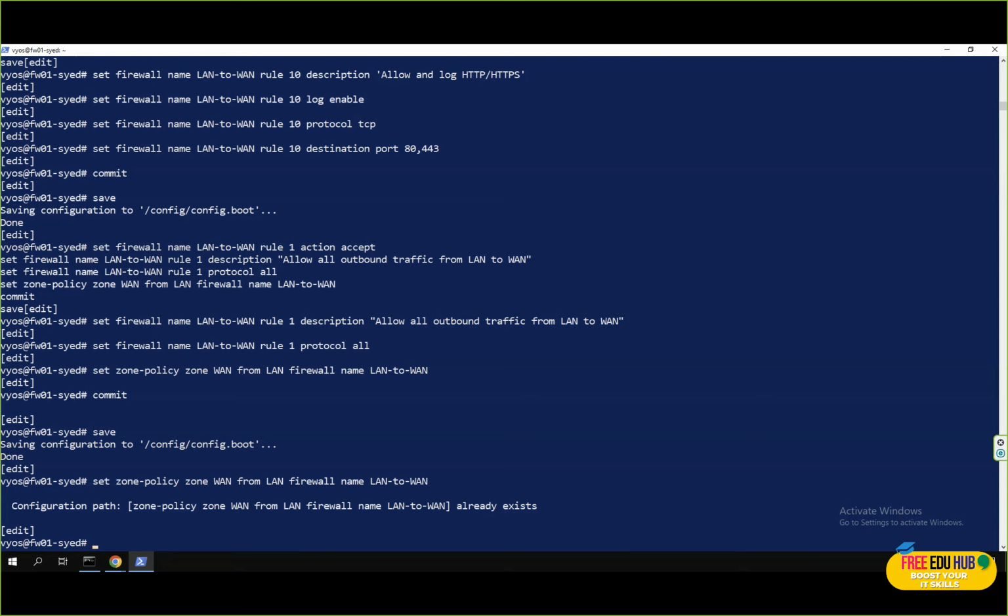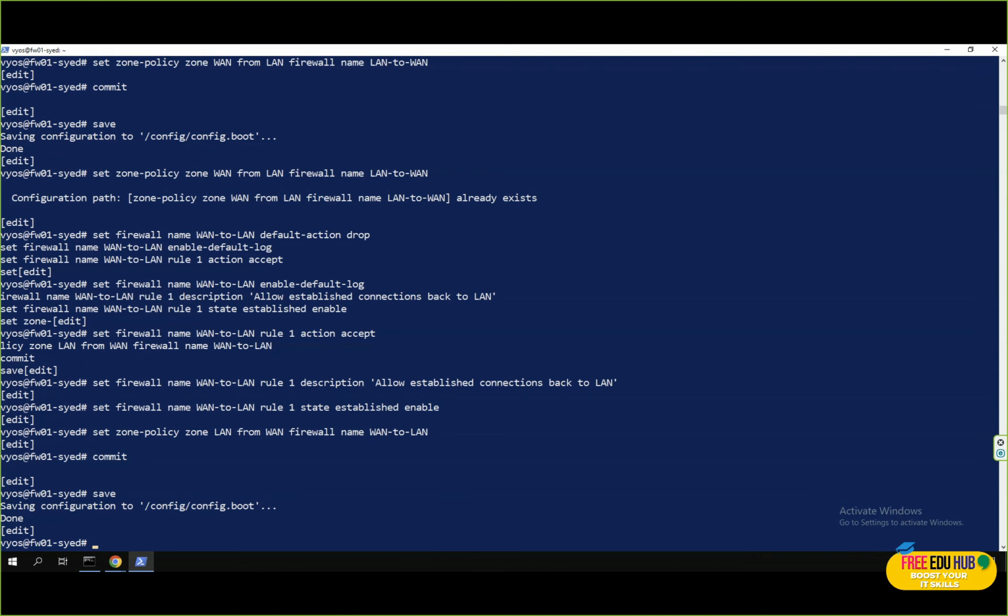So now we'll manage the inbound traffic from WAN to LAN. With this configuration, any incoming connections from the WAN will be blocked by default, while responses to legitimate outbound connections initiated from the LAN would be allowed back in. This is essential for services like web browsing, VPN, and secure remote access. Further, as you can see, we have applied the zone policy for LAN from WAN, so this policy will also ensure that WAN to LAN traffic is strictly controlled by the firewall, preventing unauthorized access while allowing valid traffic